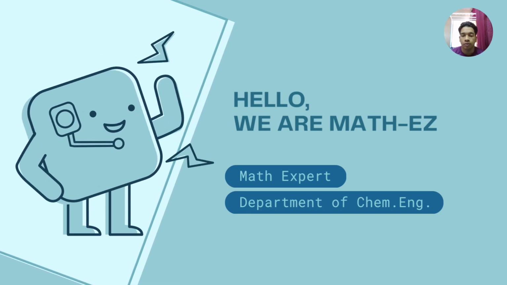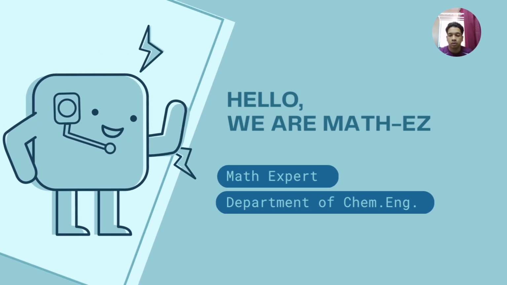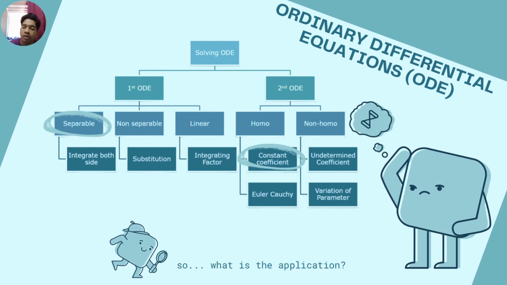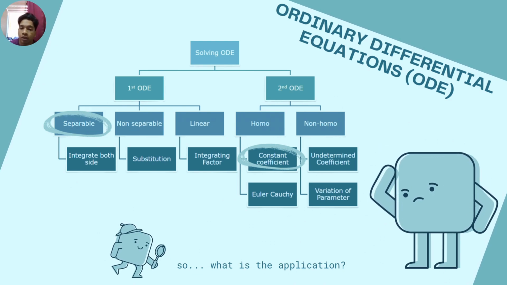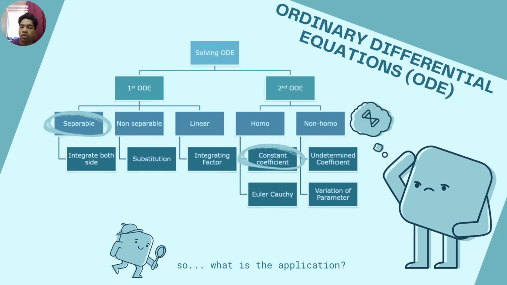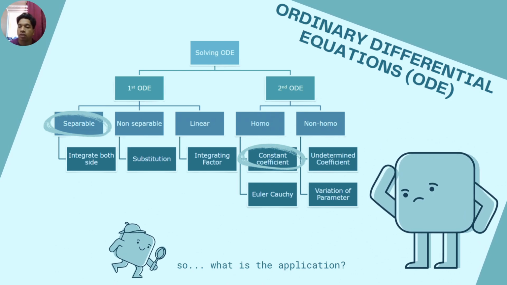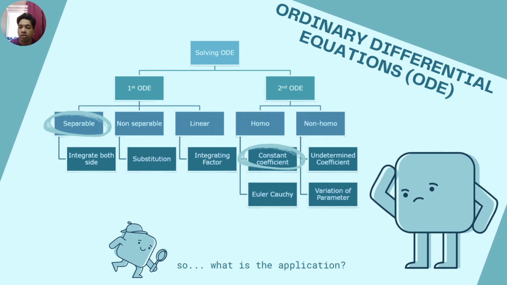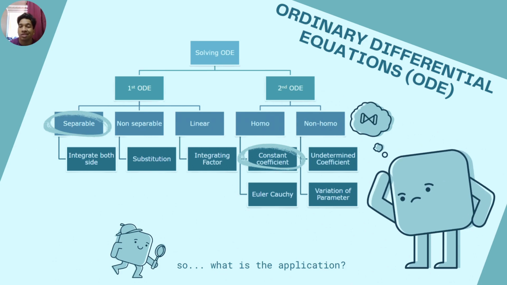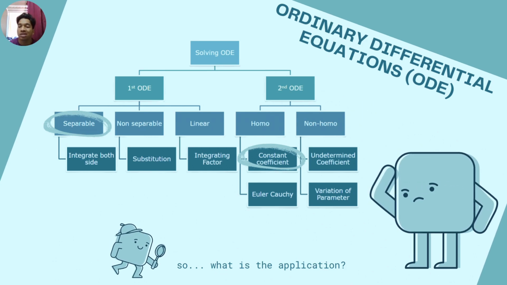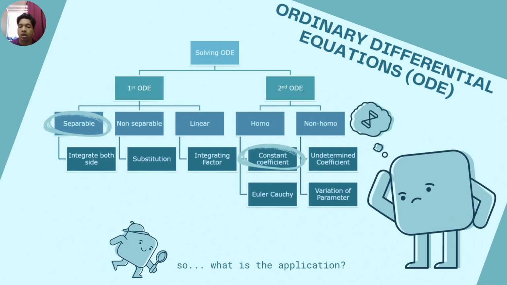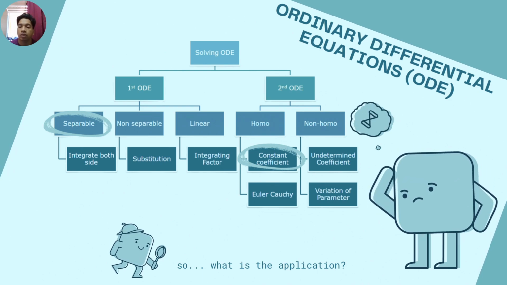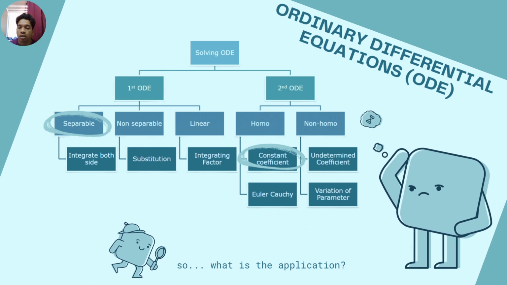Today we want to present to you about our question. There are two types of ODE, which is first ODE and second ODE. Both ODE can be used in real life situations, such as in our question. The first question is about rocket launching estimation, using first ODE, separable. And the second one is using second ODE, which is homogeneous, using the constant coefficient, and is about car